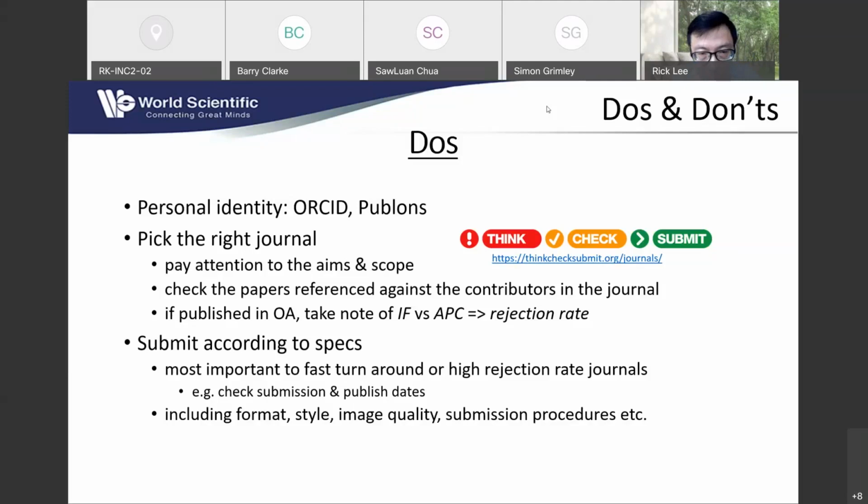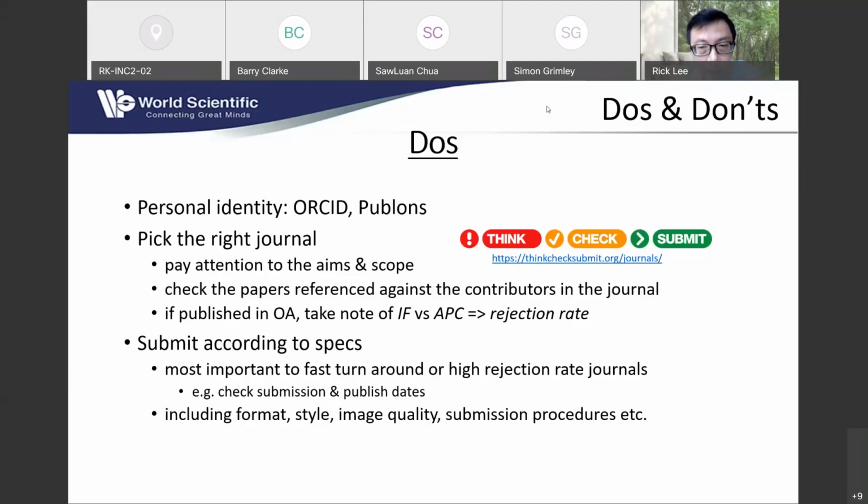So this is important. It's very easy to apply. Okay, all these are free. And the next one that you have now is Publons. Now, Publons is actually more for people to keep track of the articles, the citations, and if one day you become a reviewer, your reviewing history will be recorded. Now, that is how you establish your professional profile in this professional scene. So I urge you, if you don't have yet, better apply for ORCID and at the same time